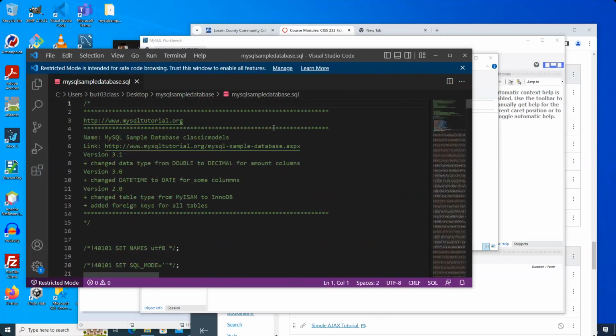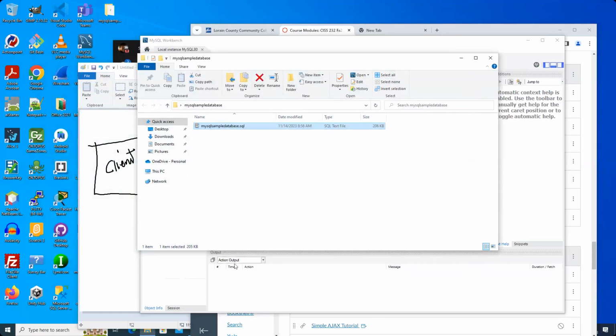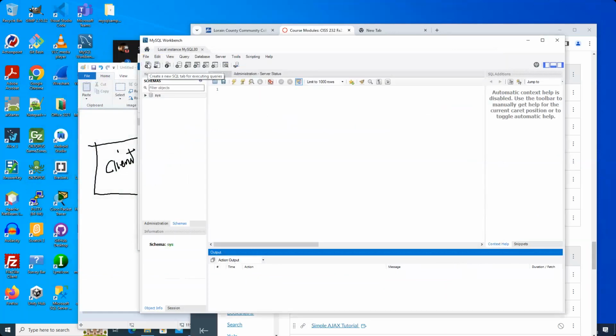Now, scripts typically will run as a unit. So if I choose to run this entire script, it will run everything and the whole thing will either succeed or fail. There is a mode where I can run one instruction at a time, and that will be a little bit different. All right, so let's go in here, and I'm going to open up that script by going to